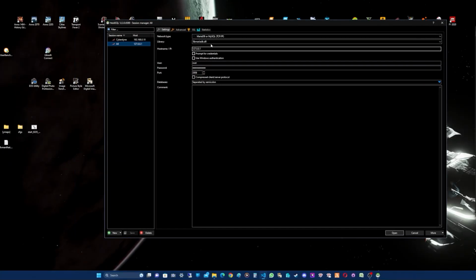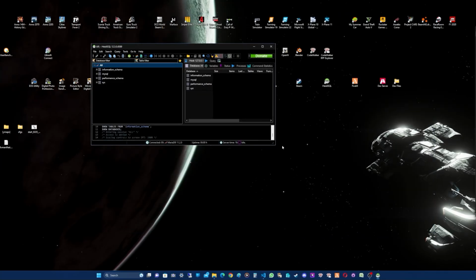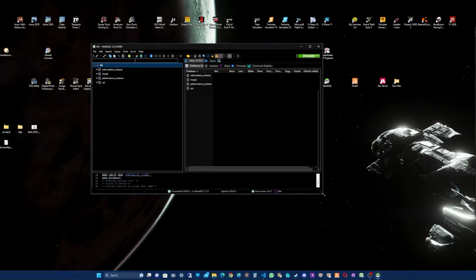Then you can see on there it's from saved data from the past. I've got Cyberdyne, which is my external server on the local network. Then I've got all, which is my computer. So in there, I'm going to create a